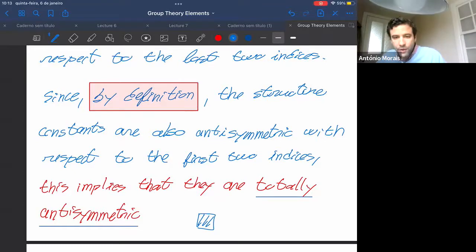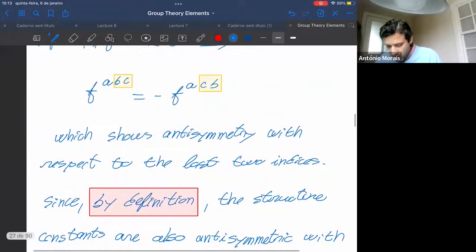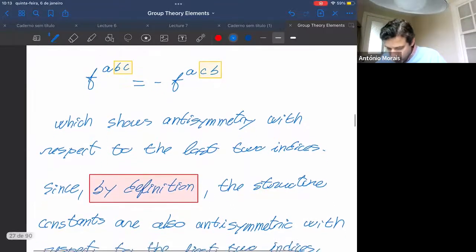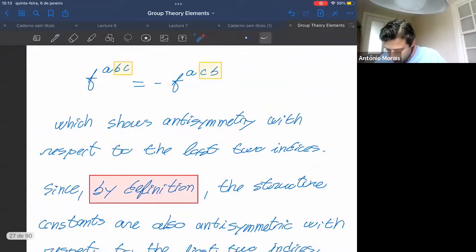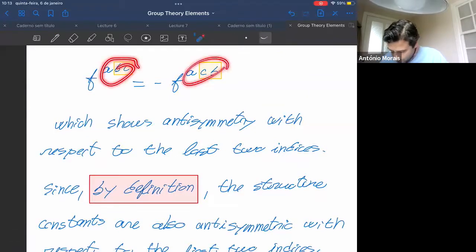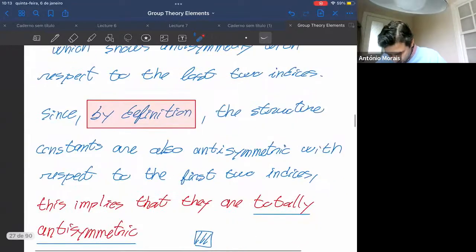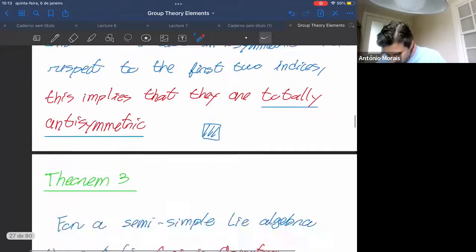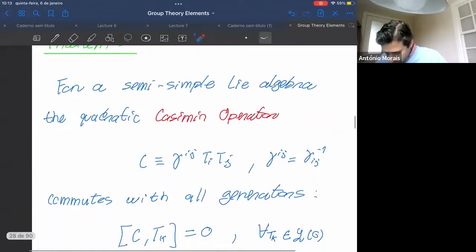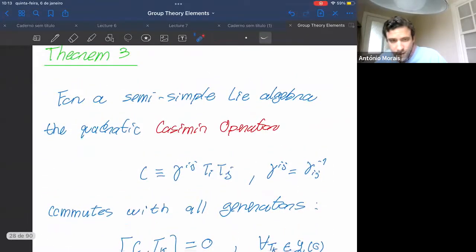And so in the last lecture we stopped here. We have shown that the structure constants have totally antisymmetric indices. So basically if you swap any two of these indices, it's an antisymmetric permutation, so you change the sign of the structure constants. We will discuss very briefly